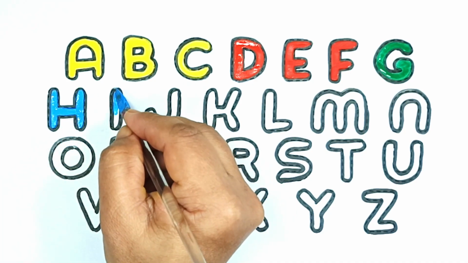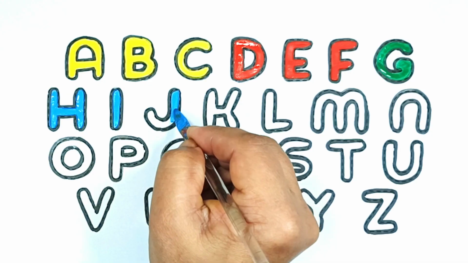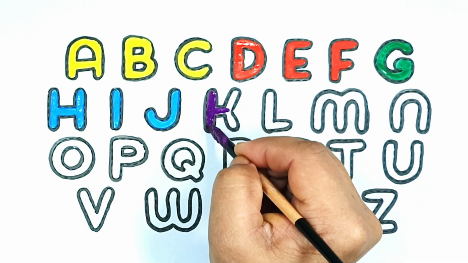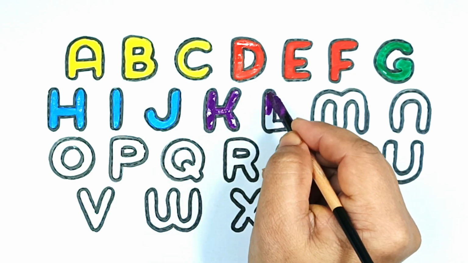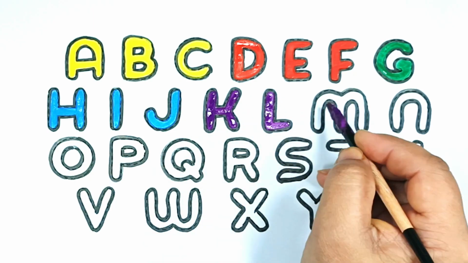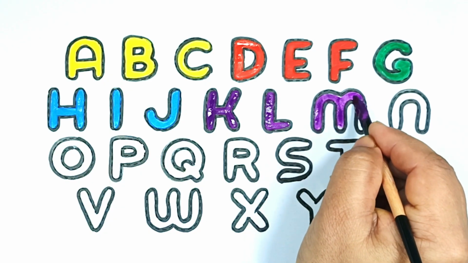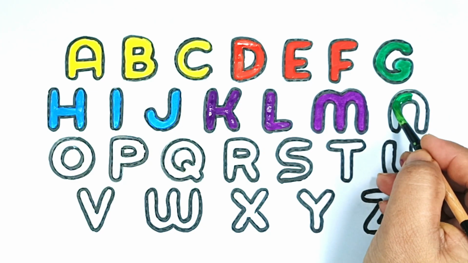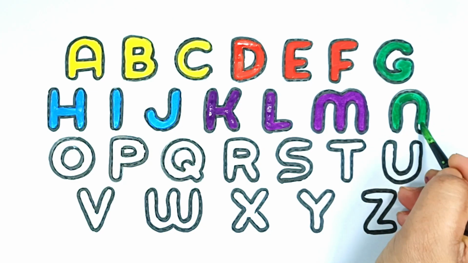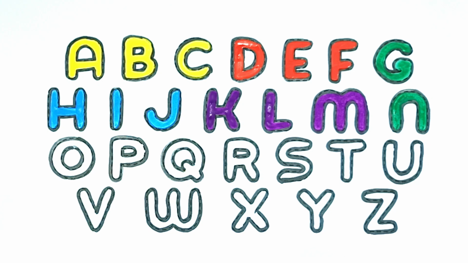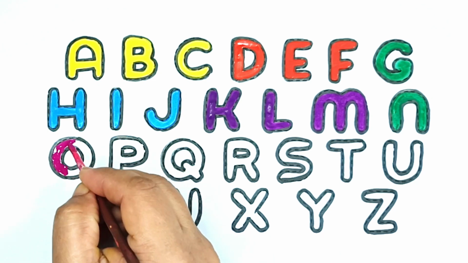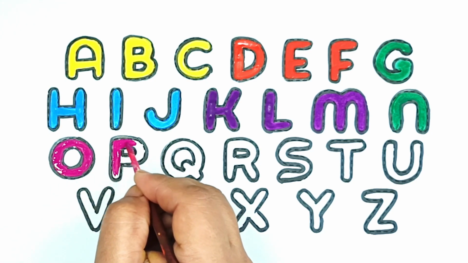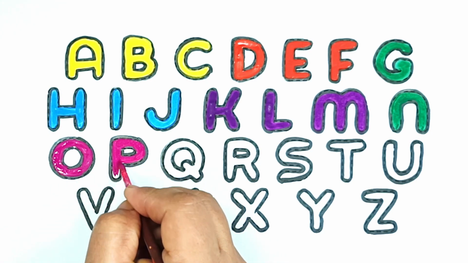H for hat, I for igloo, J for jam, K for kite, L for lamb, M for man, N for net, O for onion, P for pen,